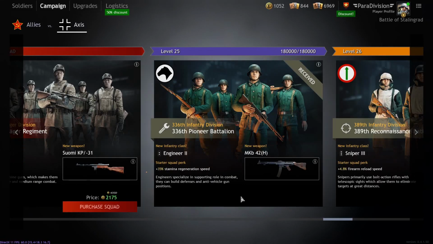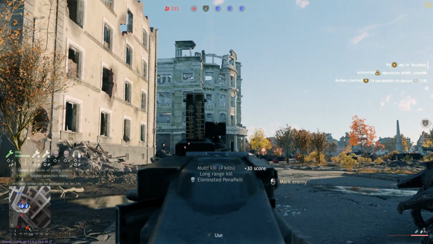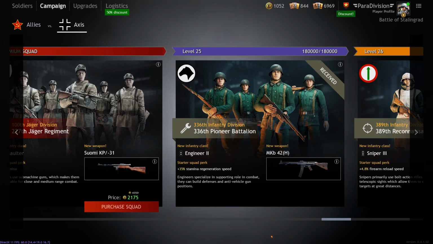Now, engineers. At level 25 you get behind the paywall the Engineer 2 squad. This is the only really big squad you miss out on, because you basically want Engineer 2 squads for the additional machine gun nest that you can build. Even after the heavy machine gun nest edition,